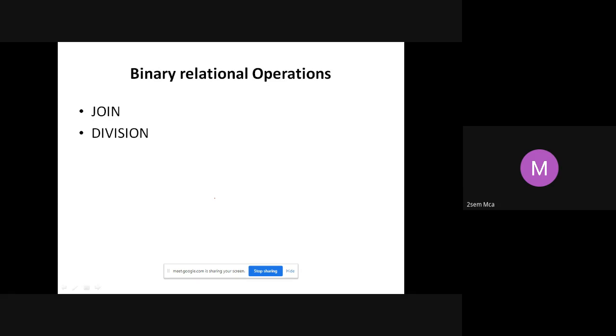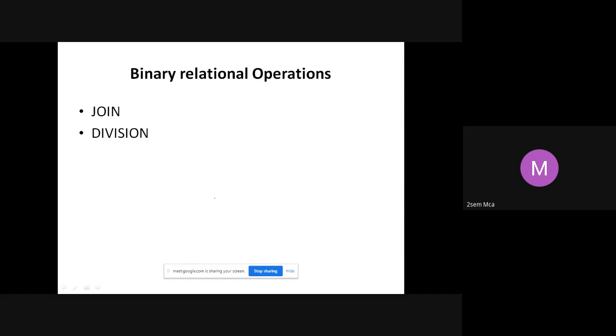So in SQL, we have already been using the join operation. Maybe you didn't know that it is join, but we are already using it in most of our queries. Now join is used whenever you want to relate two different tables. In the ER diagram, we have two entities, so we try to relate these two entities. Now, when we try to relate these two entities, there should be some common attribute relating them, right?